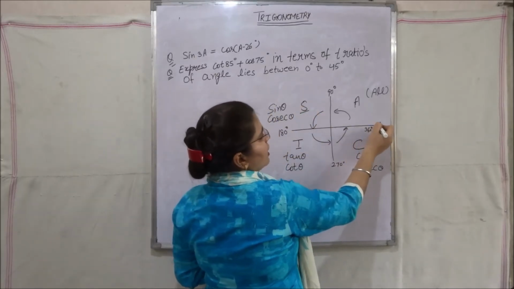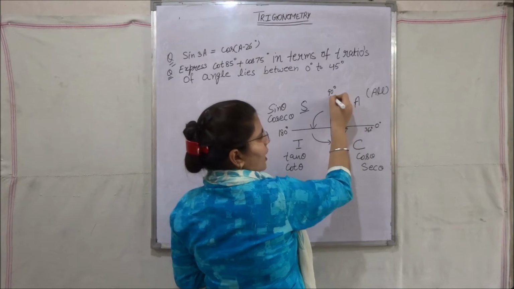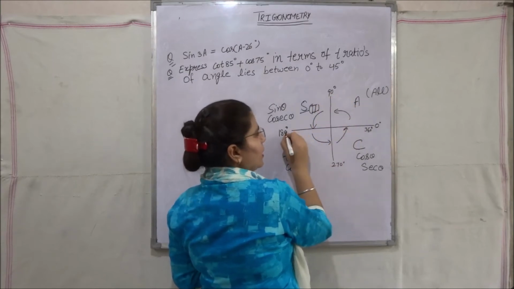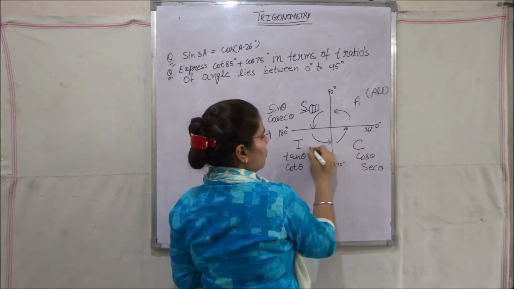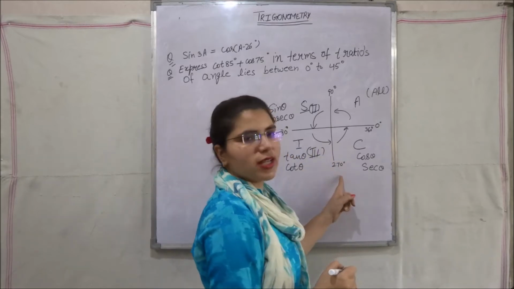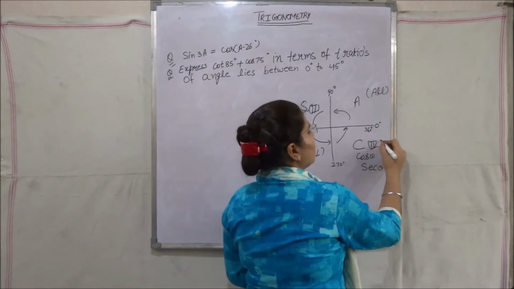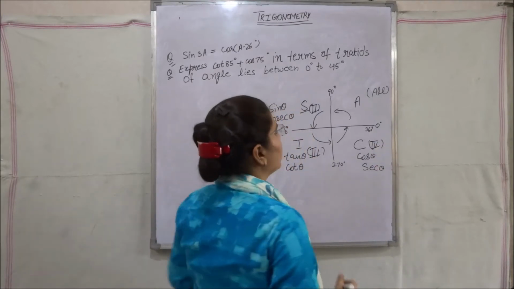First quadrant lies between 0 to 90°. Second quadrant lies between 90 to 180. Third quadrant lies between 180 to 270. And fourth quadrant lies between 270 to 360°. Now